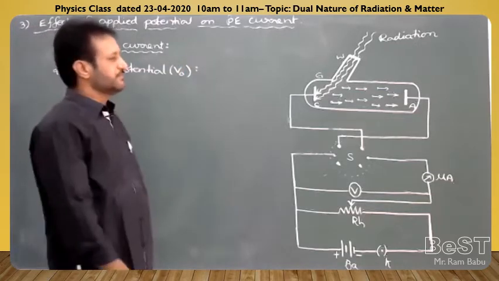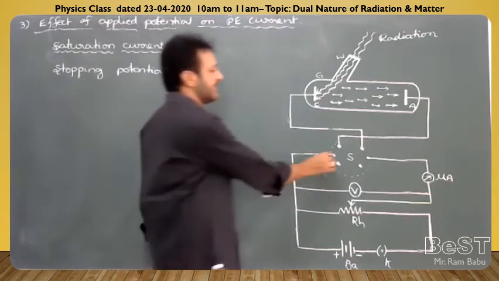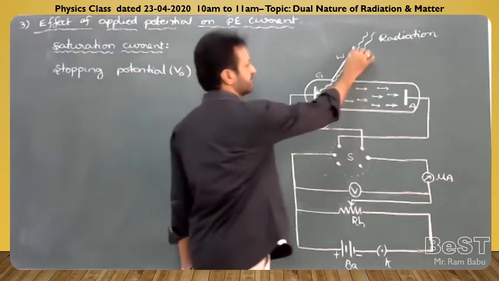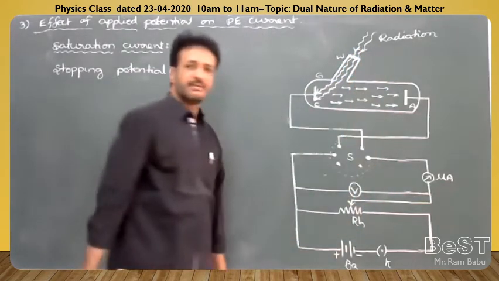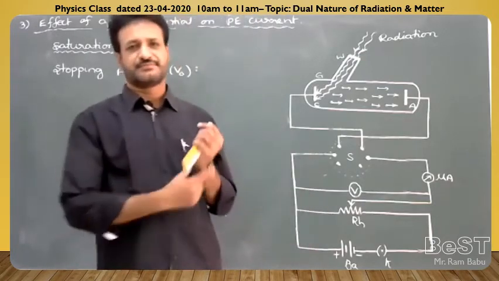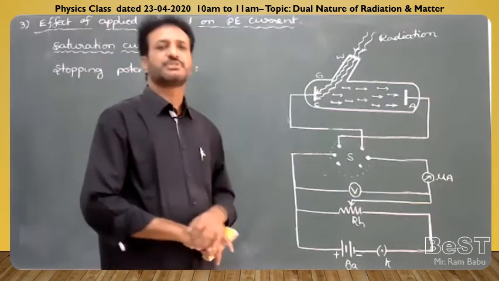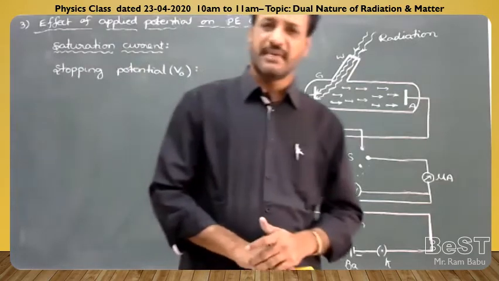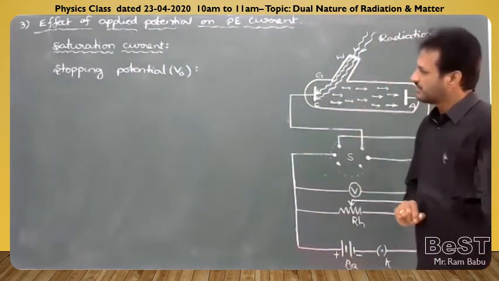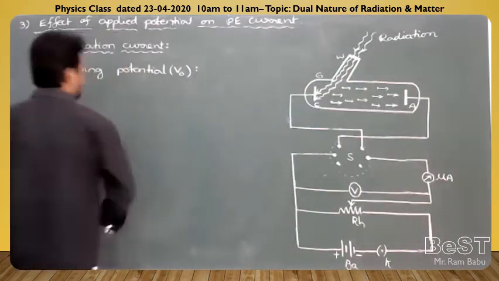The minimum negative potential of the anode at which the photoelectric current becomes zero is called stopping potential